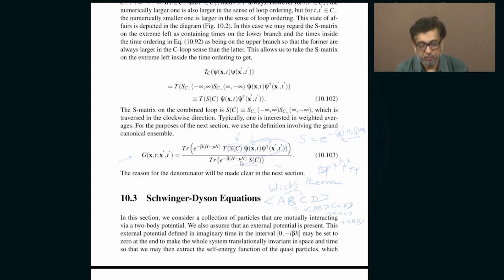So even though superficially it seems like we haven't really achieved the goal that we set out to achieve in the beginning, namely that we wanted the S matrix to appear exactly in one place, it looks like it still appears in two places. But that is only superficially so, because this is just a shorthand for saying that even though it superficially appears in two places, the implication is that when you do a perturbation series,